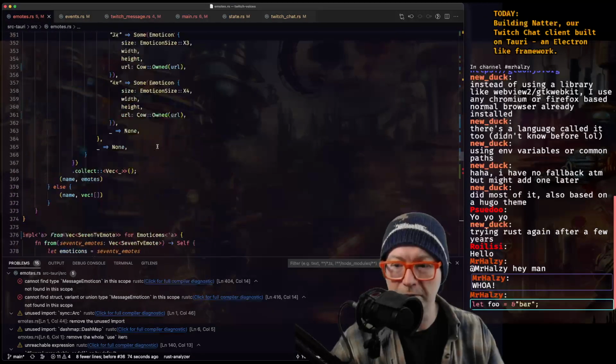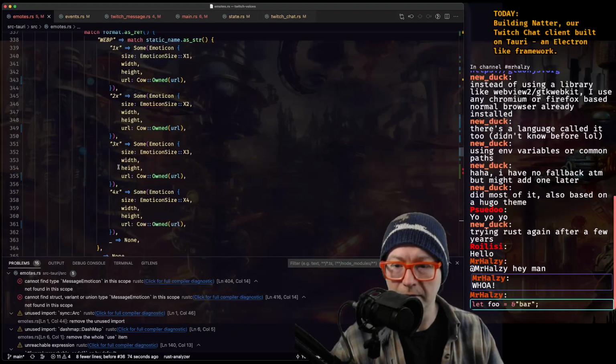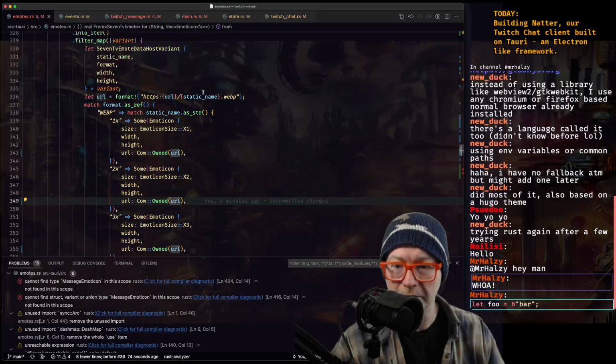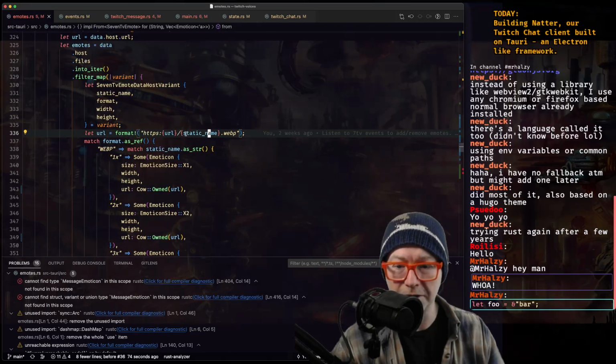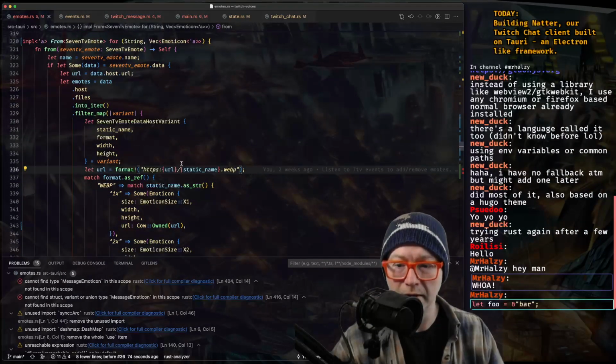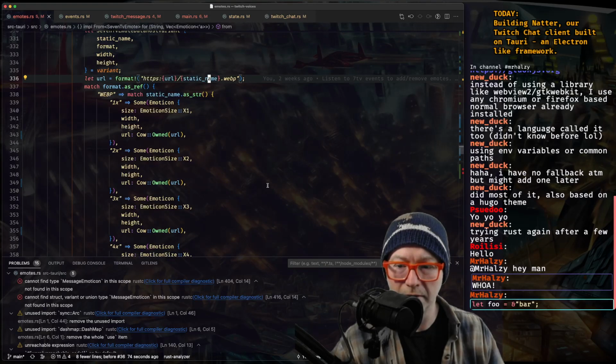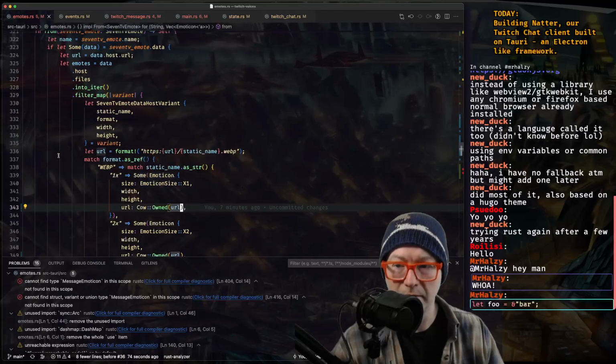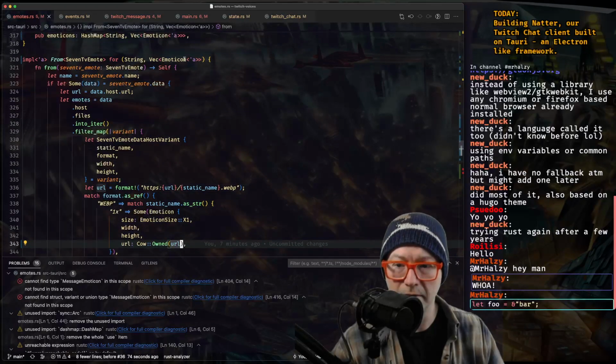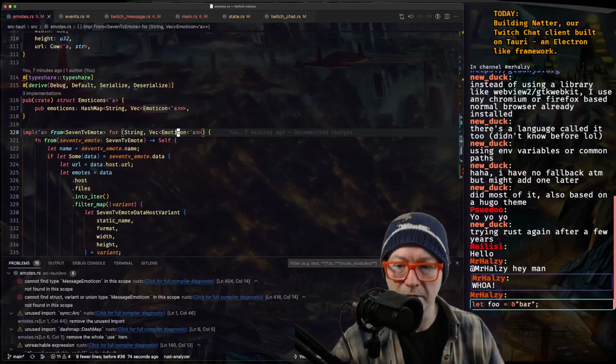Emotes. We're going to scroll up a little bit. We get this URL. We have a URL slash static name dot webp. Huh. And then each of these emoticons have the same URL. Does that make sense? We create these emoticons.